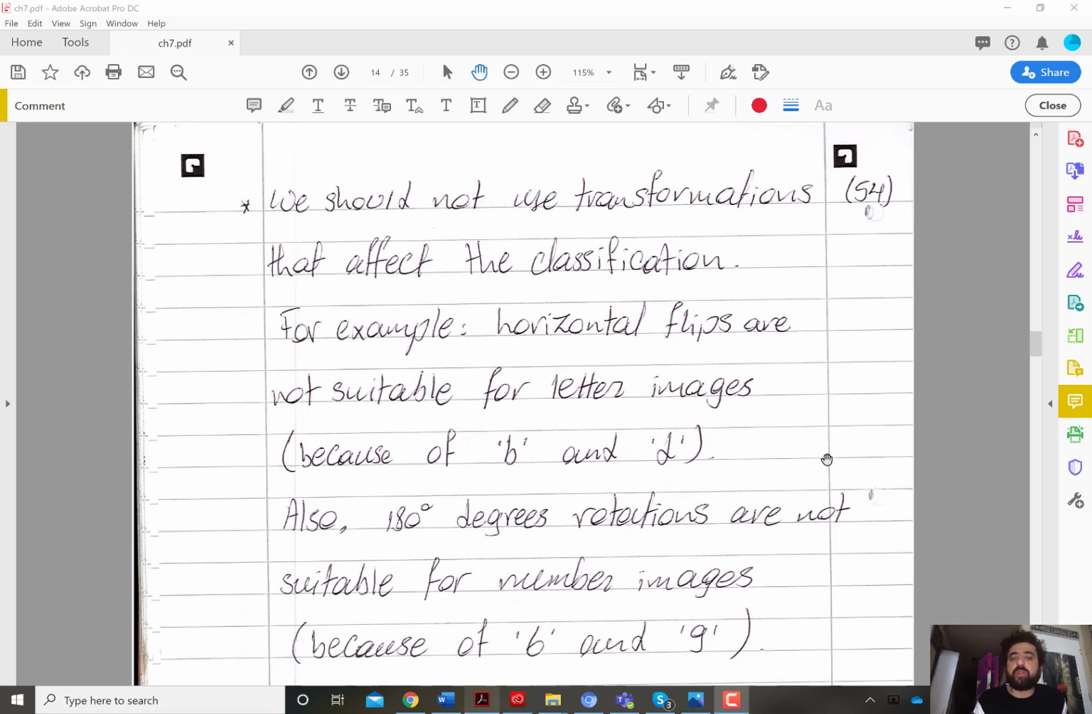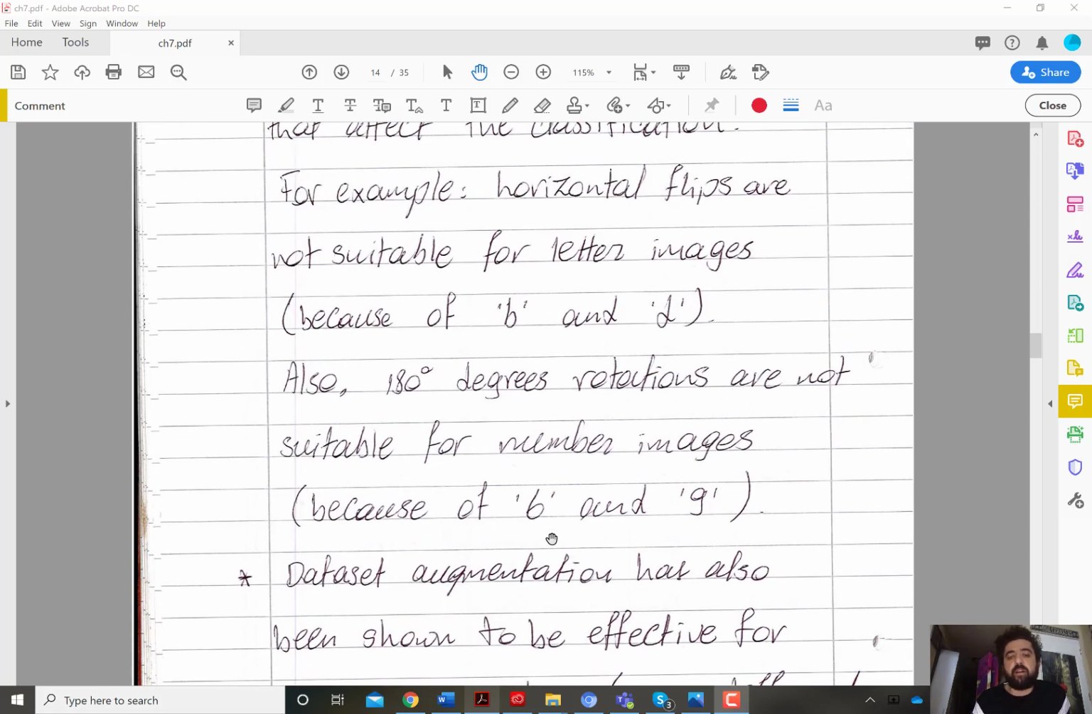So one thing to note here is that we should never use transformations that affect the classification. And that's why we need domain knowledge for dataset augmentation. For example, if I'm recognizing handwritten letters in images, then I should not augment the dataset by introducing horizontal flips, right? Because the B and D will be confused together. If it's handwritten recognition of digits, like the MNIST dataset, I should not have 180-degree rotations or vertically flip the image, because the 6 and 9 will be confused together,